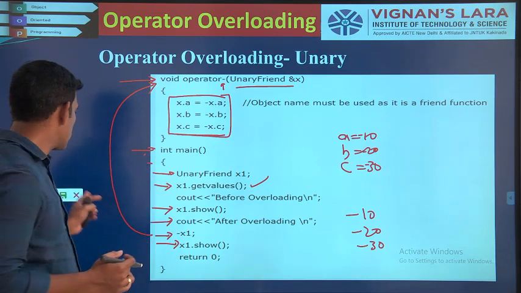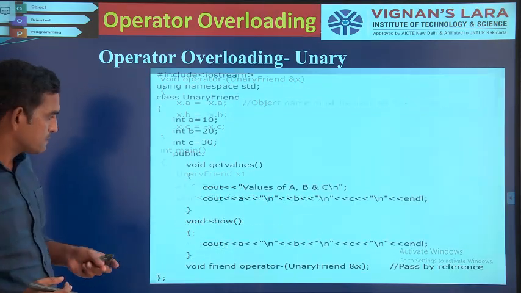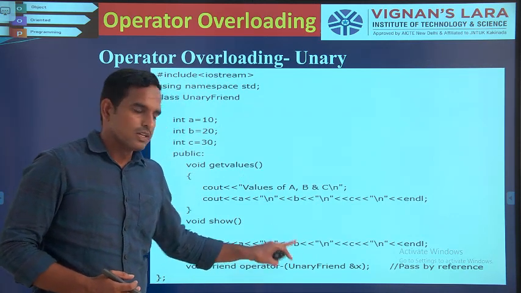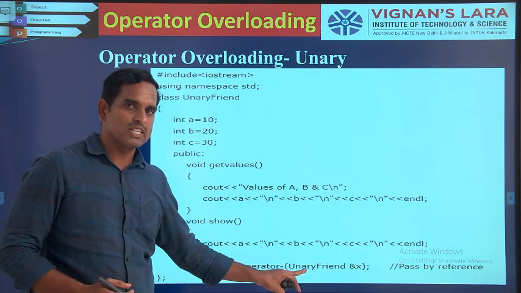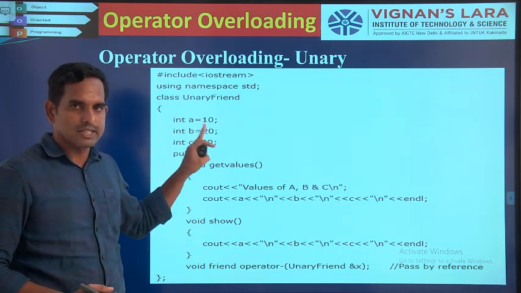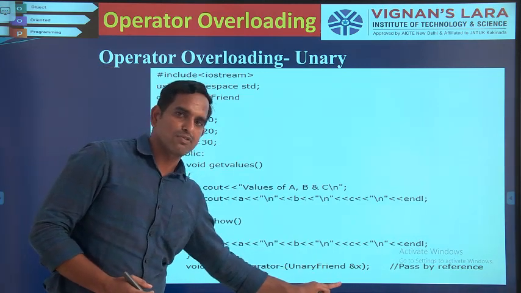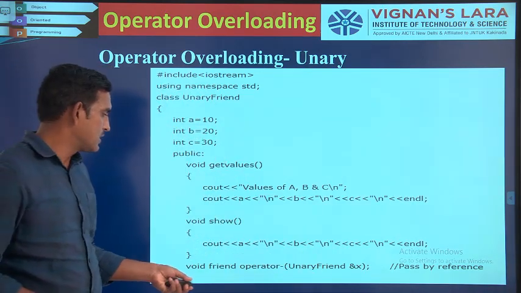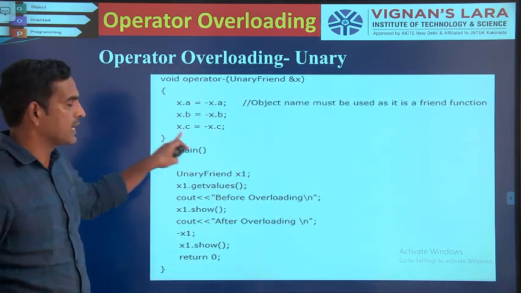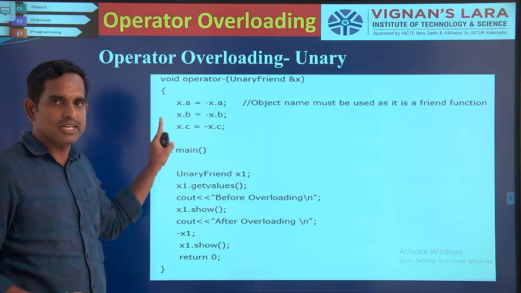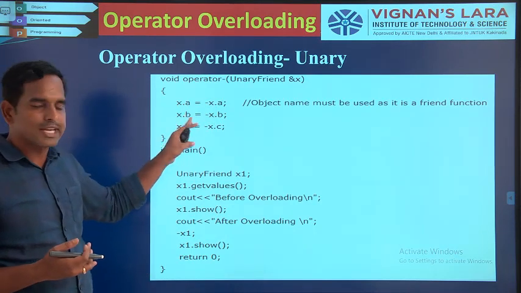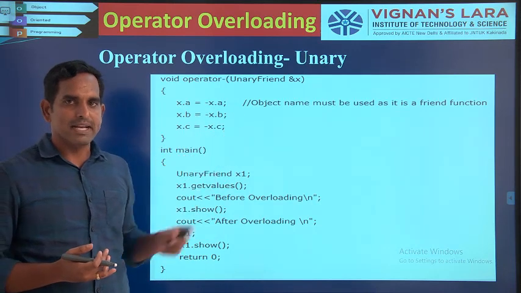So what is the basic difference between what you did before and what you have done now? In the earlier operator overloading, you haven't specified any arguments. Here you are specifying one argument, the object argument that you are passing as the class. You are passing the reference of the class's object, and you are using this class reference to create negative values from the general values. With this you are trying to overload the negative operator or unary minus operator.